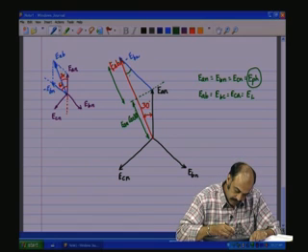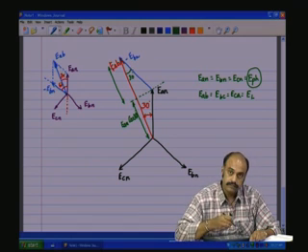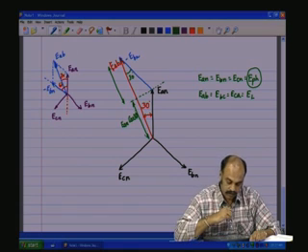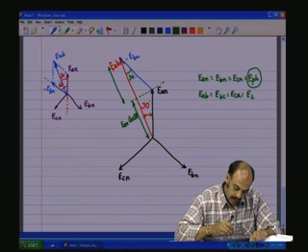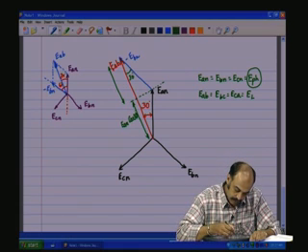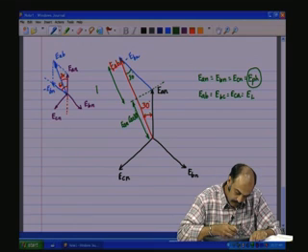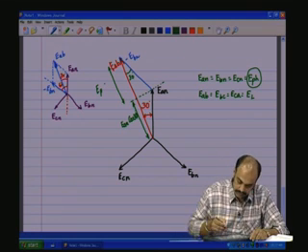This again is also 30 degrees, because this is an isosceles triangle, and this amplitude will be E phase,